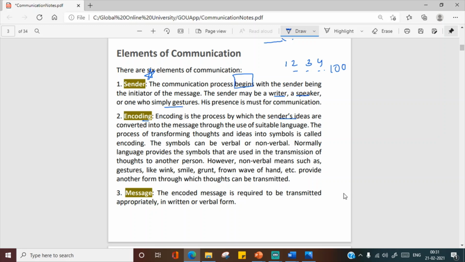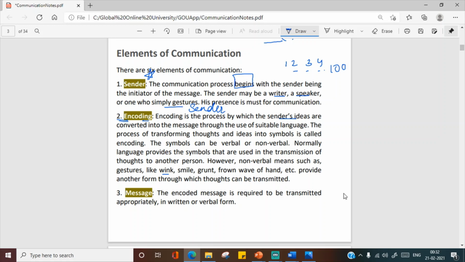So the language could be, you could even use words, you could even use your gestures. So just converting your ideas into language is encoding. And remember, encoding is always done at the sender side. Okay. However, if you read this, non-verbal means such as gestures, wink means when you blink only one eye,